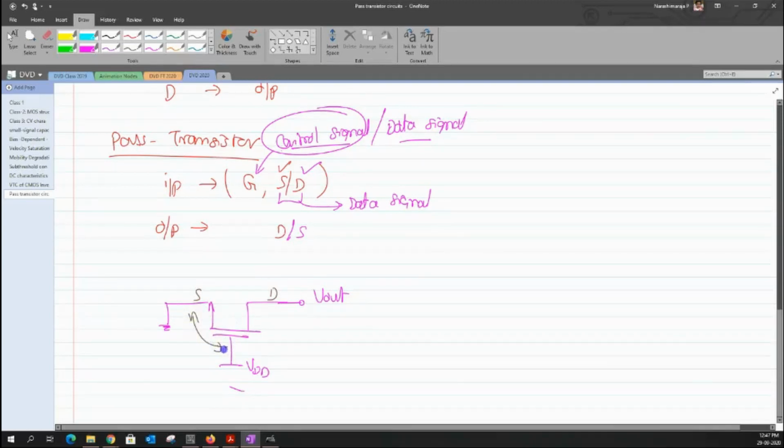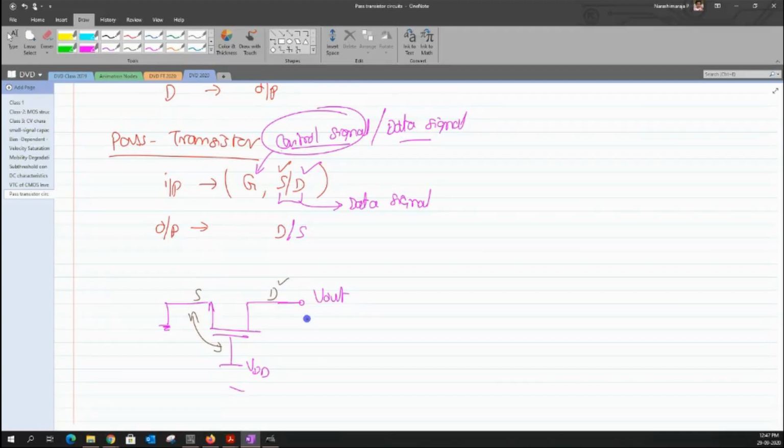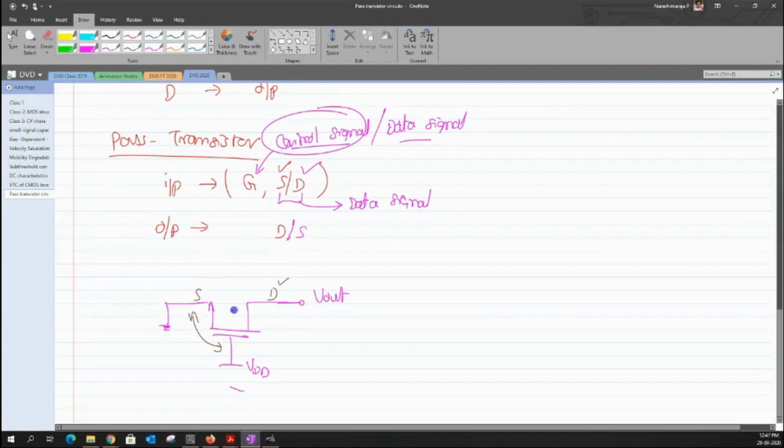Under that assumption, we can interchange these terminals. Since I have VGS greater than VT, I can fix the left terminal as my source and the right terminal as my drain. But there are situations where this might not work out, and in that situation we need to invert those terminals in order to work on the problem. Now, what I have here is a value of VGS equal to VDD, and obviously VDD is much greater than VT.